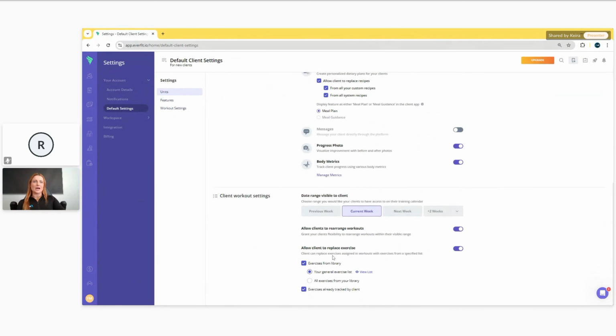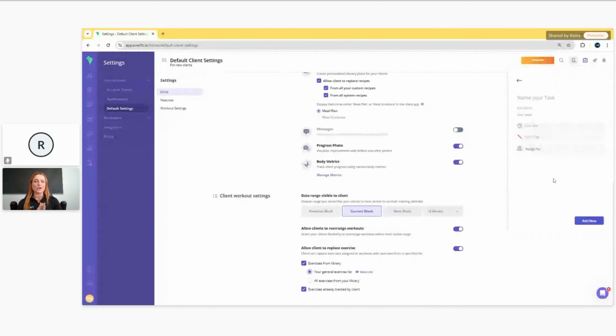And then, yeah, your exercise library, how far in the week that they can see, all of that sort of thing. And then another great feature that we do find that coaches don't actually know is the task section that you can use within Everfit as well. So you can actually add in tasks, set a due date, set color dates, things like that, color tags,